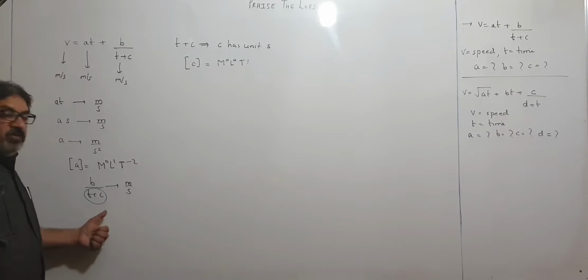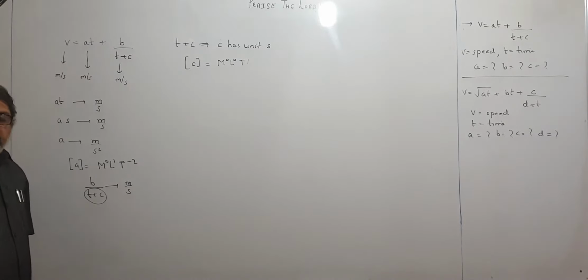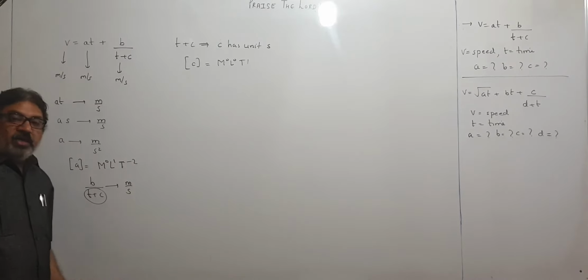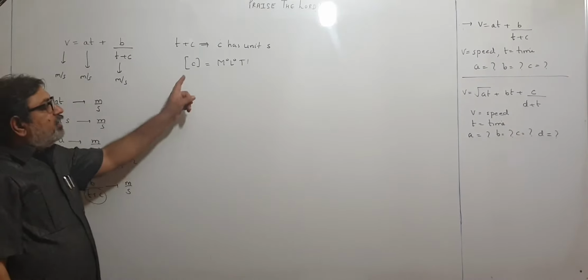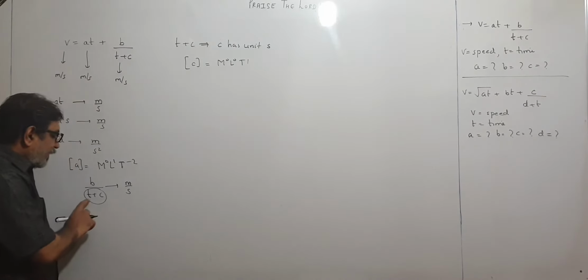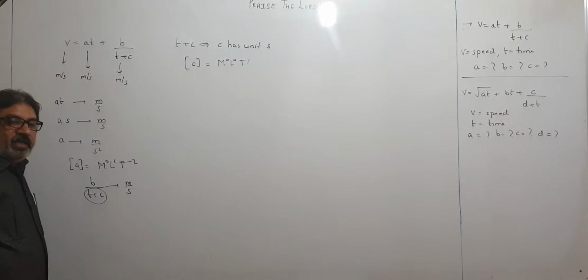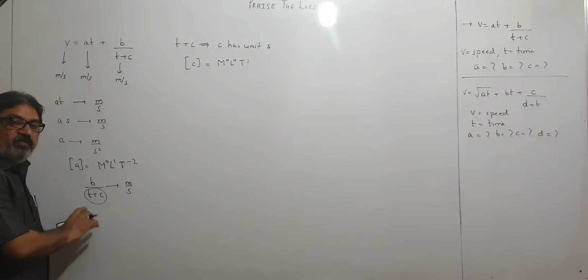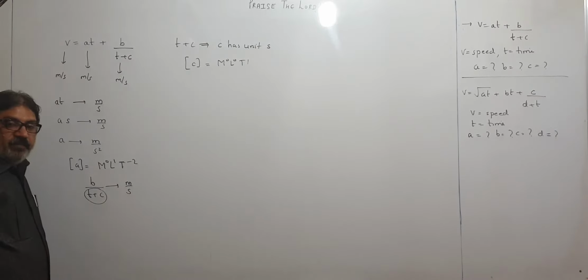है ना, क्योंकि C को हम किस में ऐड कर रहे हैं? टाइम में. तो टाइम में तो कहीं टाइम ही ऐड होगा बाय प्रिंसिपल ऑफ होमोजेनिटी. तो C टाइम होना चाहिए. तो C के पास डायमेंशन किसके होंगे? टाइम के, सेकंड के, m0 L0 T1. अब अगर मैं टाइम और टाइम को ऐड करूंगा तो मुझे क्या मिलेगा? टाइम ही मिलेगा भाई बाय प्रिंसिपल ऑफ होमोजेनिटी. इन दोनों को ऐड कर दिया. 2 सेकंड प्लस 3 सेकंड 5 सेकंड्स. अगेन नीचे यूनिट तो सेकंड का ही हो गया.